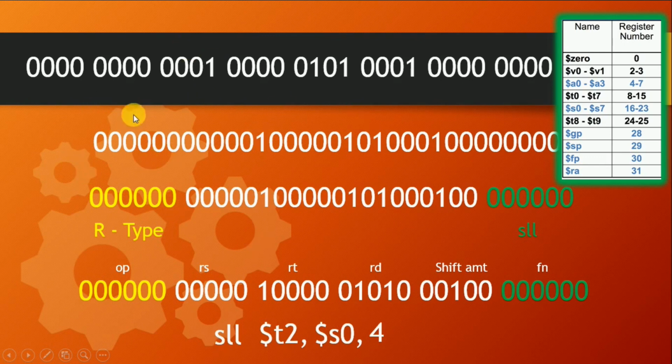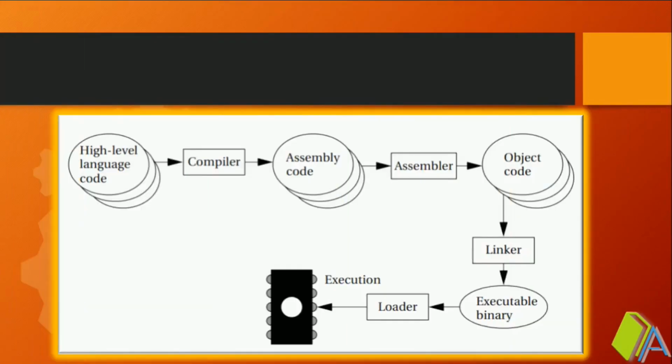Initially we have to see the first 6 digits, that is my opcode field. From that we can identify the functionality. If it is an R-type, again we have to see the function field. Whatever instructions the MIPS 32 architecture has, we can segregate all the instructions under these 3 categories: R-type, I-type, and J-type.